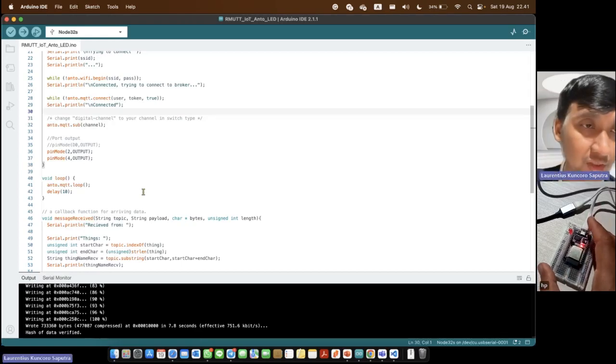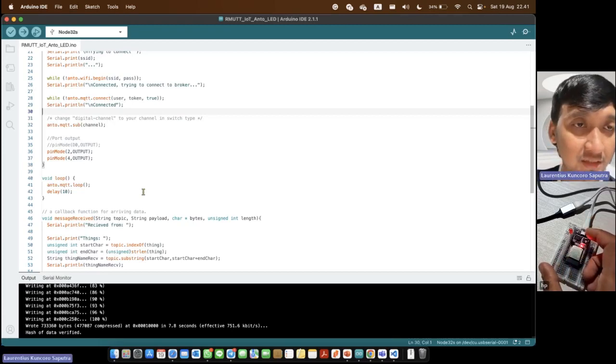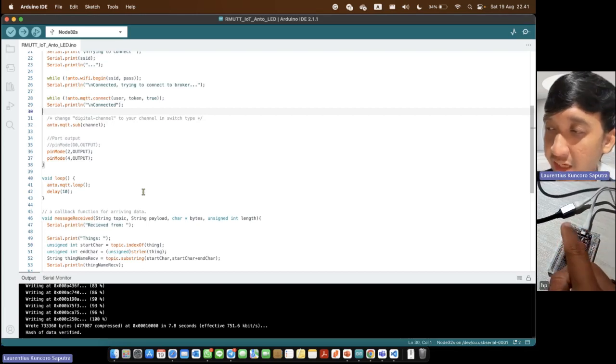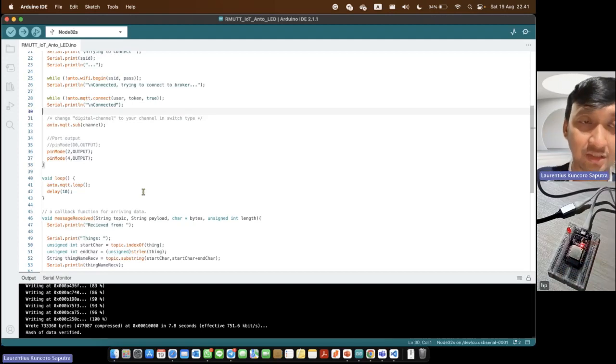But we can also add an external LED. For the external LED in this tutorial, I use pin 4, GPIO4. So for the red light, I use the external light, and GPIO2 is connected to the built-in light.